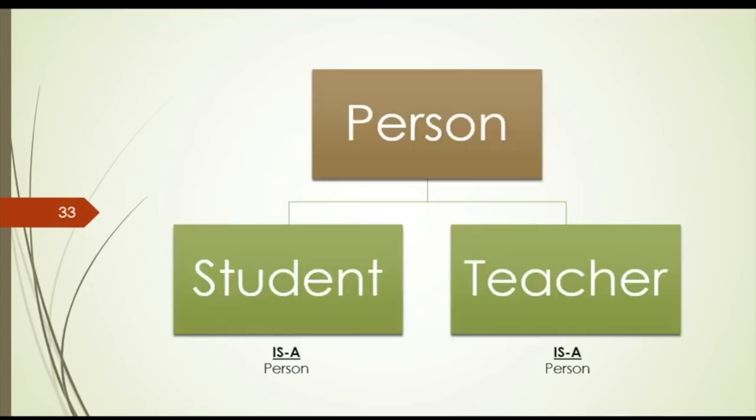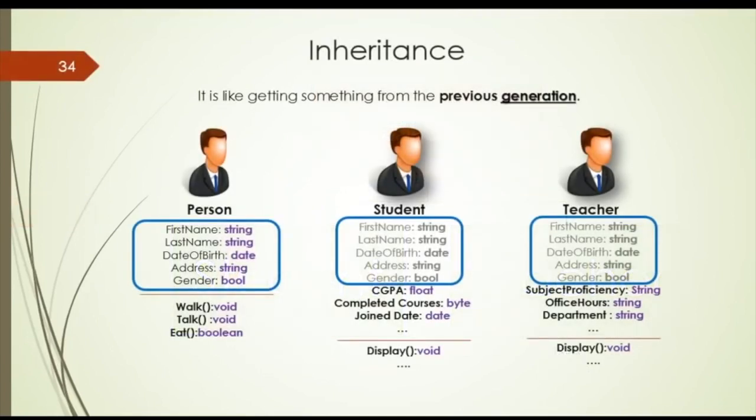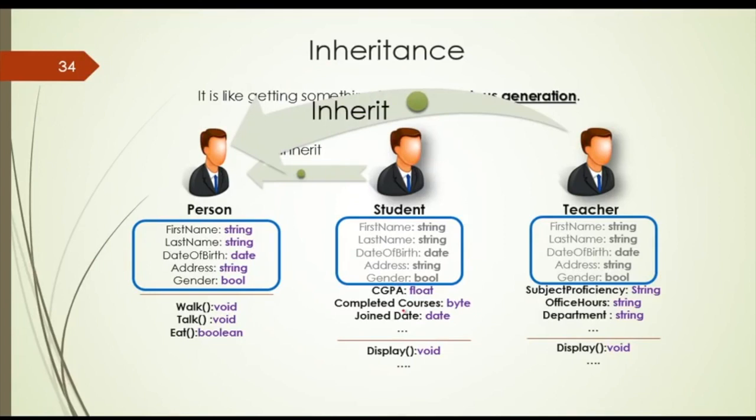If you see what we can do, since we have the same properties from person to student, we could make a relationship from the person to student, and this relationship is said to be an is-a relationship. So a student is a person, a teacher is a person. It seems logical, and let's see how we're going to do it. So we're graying out this portion because we have this portion in the person. So what we're going to do is inherit from the person so that we really don't have to write the same properties again and again. For teacher, we're inheriting the person.